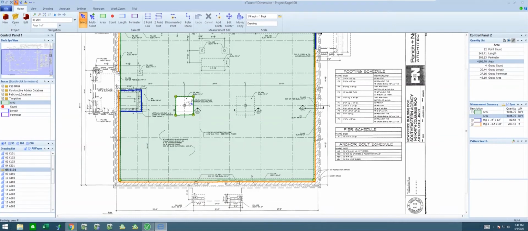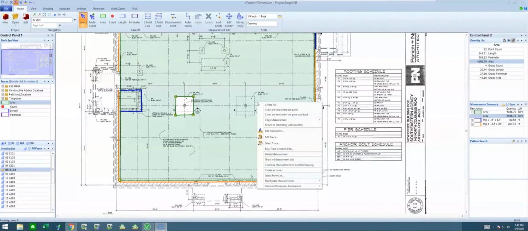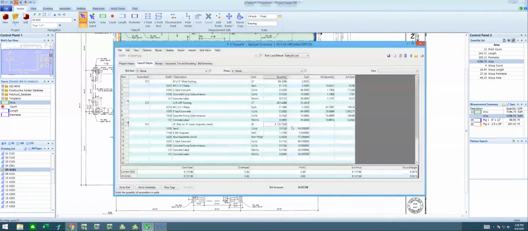And as I get done with the quantity and so forth, I can basically right-hand click on that quantity, tell it that I want to return to estimating with that quantity. It dropped my quantity right into my Sage 100 takeoff. I can tell it that I want to calculate my quantities and so forth. And that'll go off and do the extension. So there's all my new quantities, all my new dollars extended out for that particular assembly. So very easy to measure in a square footage and bring those numbers right back in.